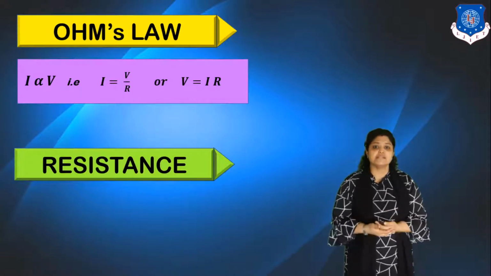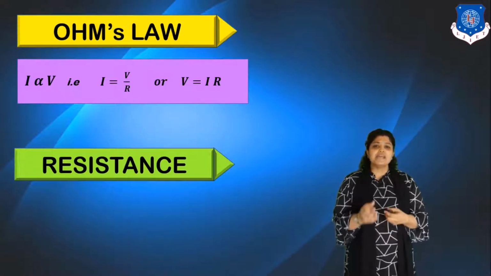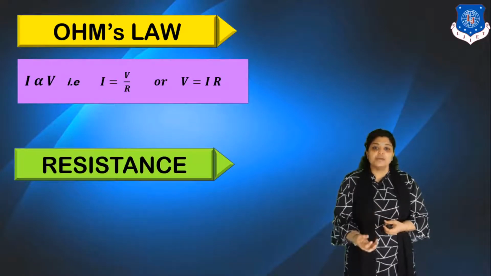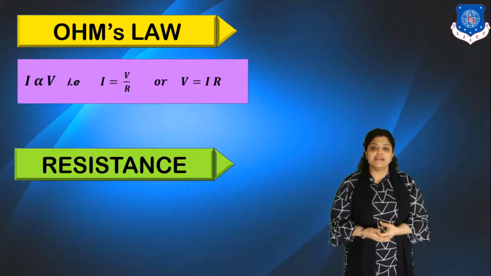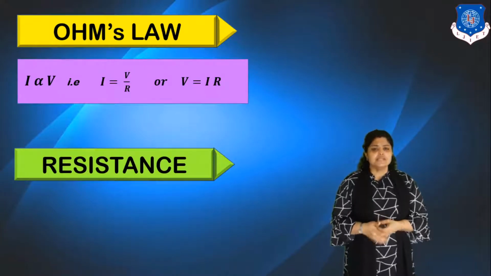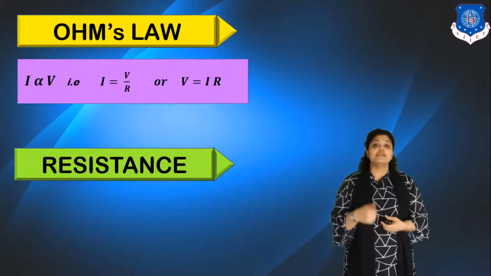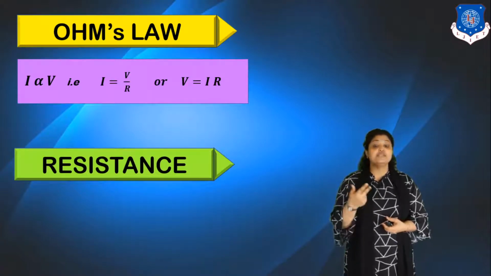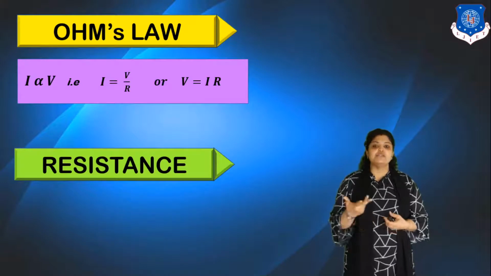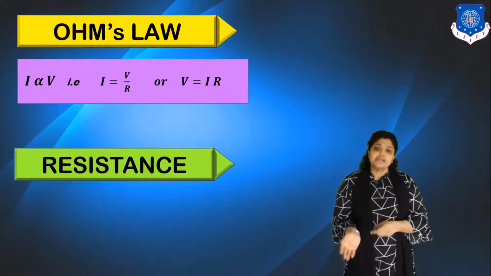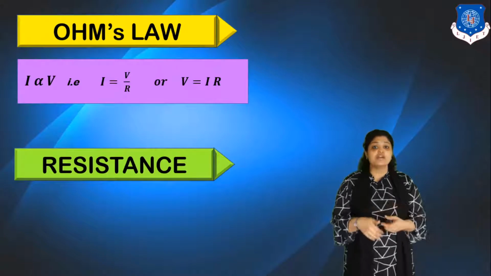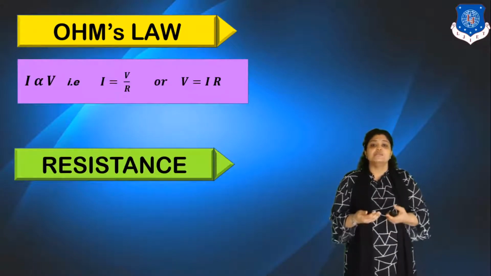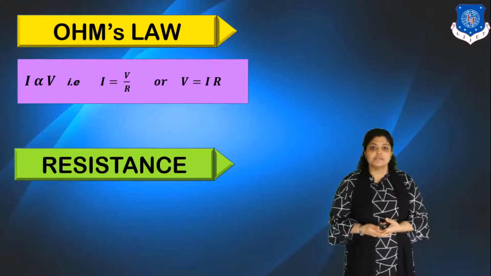What do you mean by resistance? Resistance is a very basic, you can say a fundamental, property of any material. It is known as the property which opposes the flow of electric current. Resistance depends on the length of the conductor, the cross-sectional area of the conductor, temperature, and the nature of the material. The temperature dependence of resistance is what we have studied in the chapter superconductivity. We all know that resistance will increase if temperature increases.